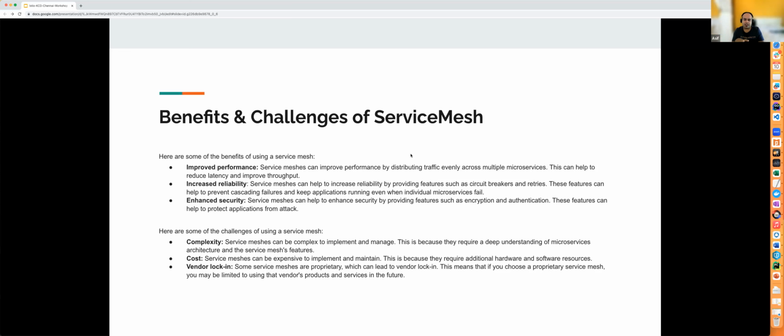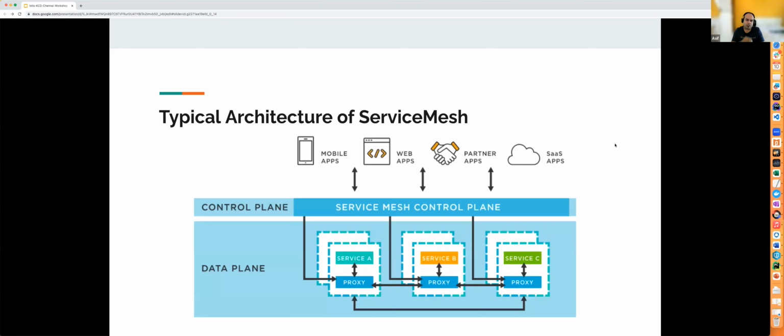So with these challenges, if you see the typical architecture of a service mesh, it will be doing most of the requirements we discussed before, like load balancing, service discovery, and all. But the way it is addressed is that all these configurations of load balancing, service discovery, traffic management, circuit breaking, and retries can be done on the service mesh control plane, where all the configuration and the policy lies.